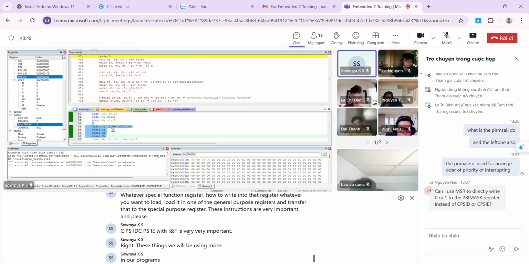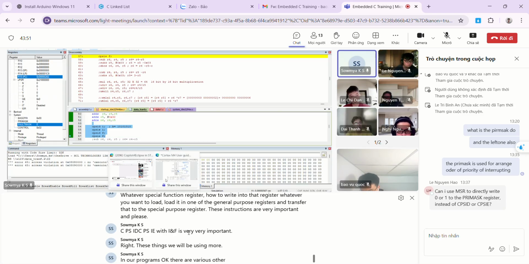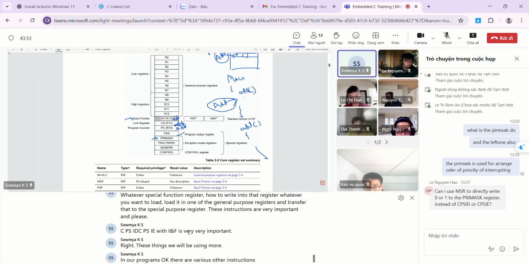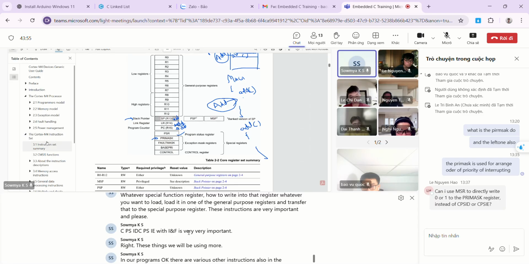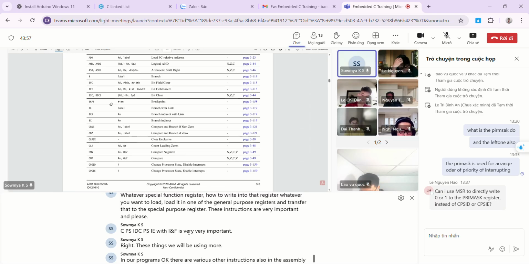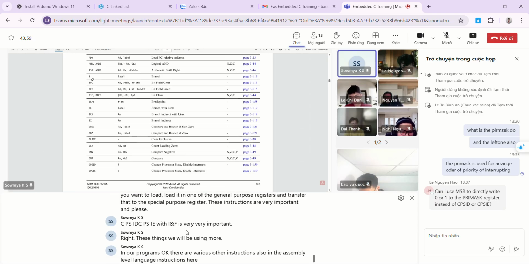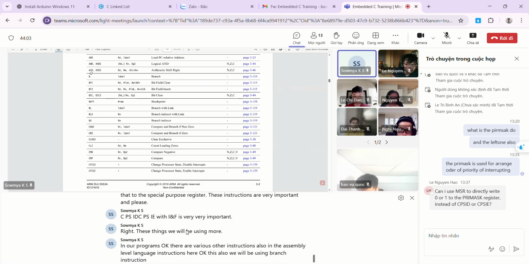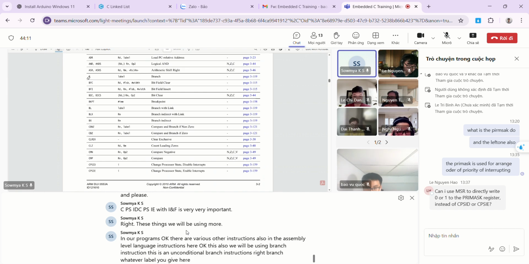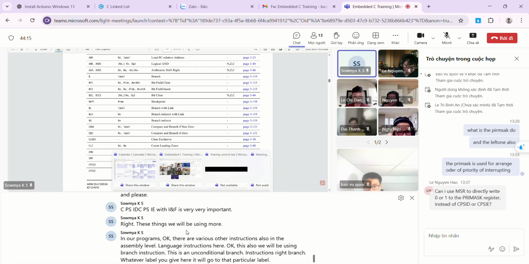There are various other instructions also in the assembly level language instructions here. This also we will be using: the branch instruction. This is an unconditional branch instruction, right? Branch, whatever label you give here, it will go to that particular label. For example,